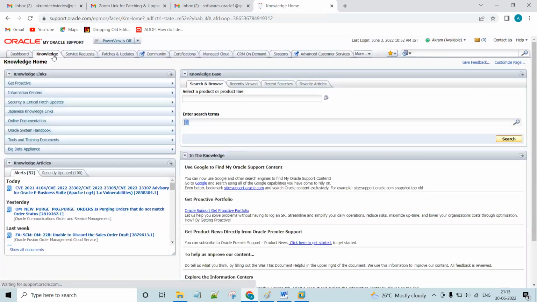This is the most important tab here. Here we have a search bar. See here, the search bar is there. For any Oracle product, if you get any error, or you want information relevant to any feature, you just come here and type it here, and you will get the relevant solution. For example,